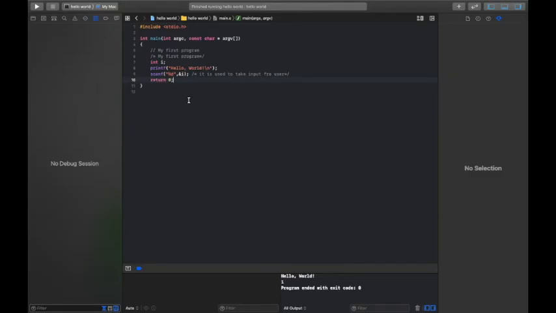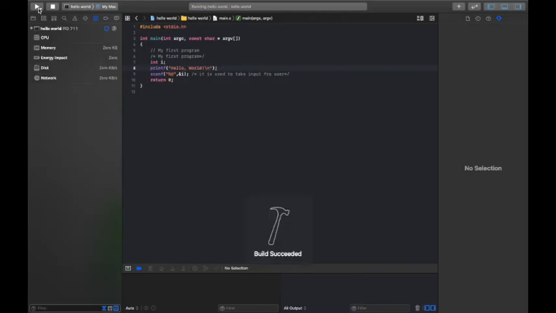If a non-zero value comes back from the program, the build fails because there are some errors present. That's why we write return 0. If the program is correct, the 0 value will be returned and the program will be executed, as the results are here. Now, for example, if I remove this semicolon and run the program, the non-zero value is returned and the build fails because there is an error in the program. Now I will remove the error by adding the semicolon back, the build succeeds, zero value is returned, and the program runs again.